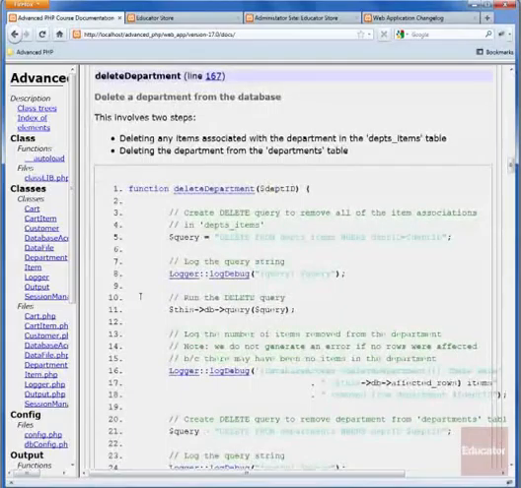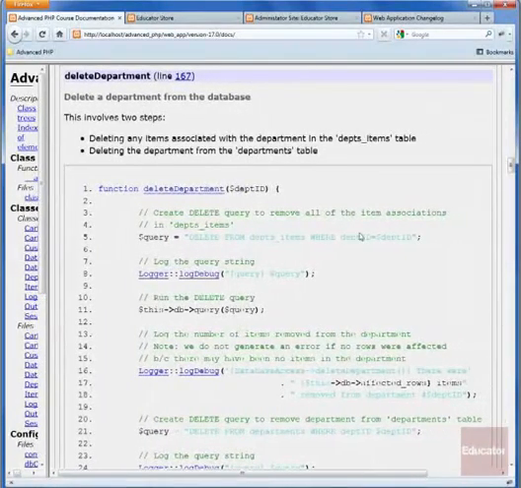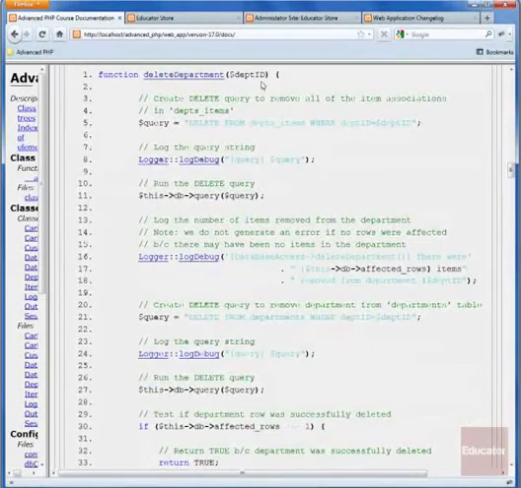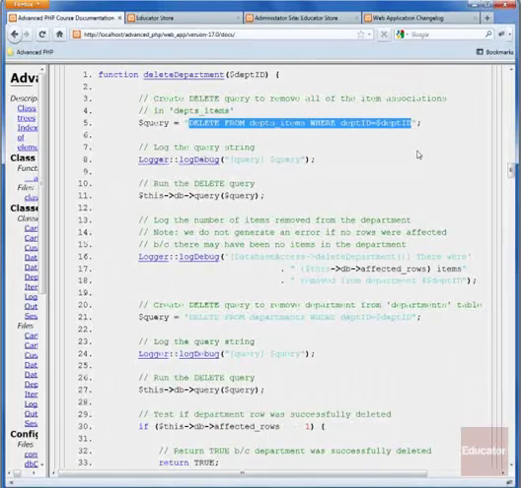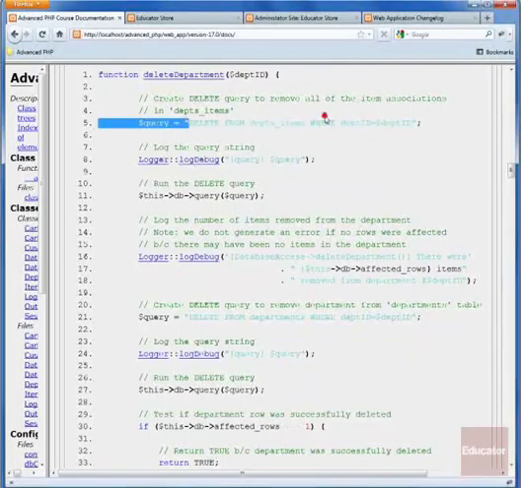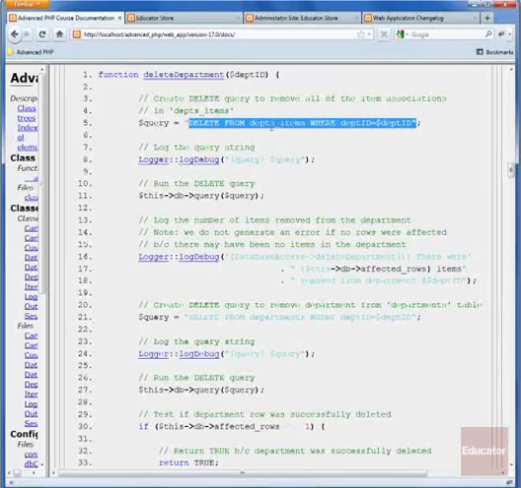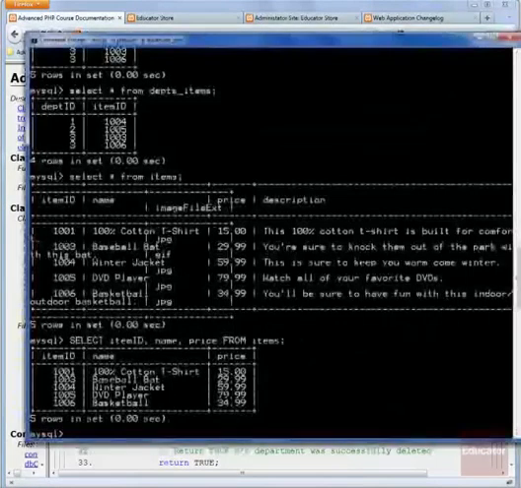If you look at our delete department method, basically it accepts a department ID of the department we want to delete from the database. The first thing it does is run a delete query to delete any associations of items with that department in our departments_items linking table. As you can see, we have a delete query here that says delete all the rows from our linking table that have the department ID equal to the department ID passed in. So for example,